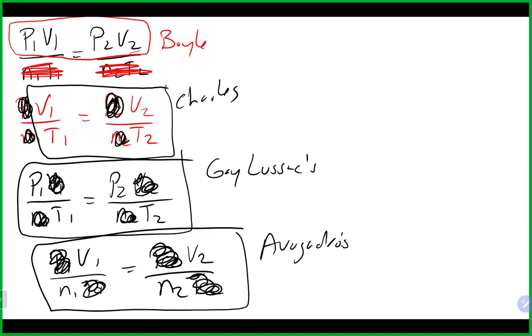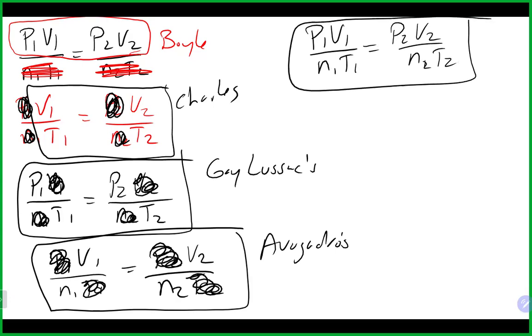So if you learn the combined gas law like I just showed you, with the moles in it, it's not a bad idea, because if you know this gas law, you can pretty much get all the other gas laws that we learned earlier. All you have to do is scratch out what's not given to you, what's not mentioned, what's held constant, and what you are left with would most likely be the correct formula. So that's a really good one. If I were to invest my time knowing all these, I would go with my investment right there.